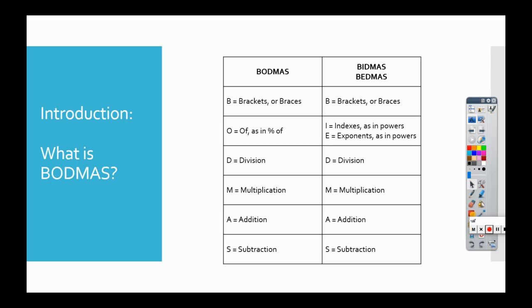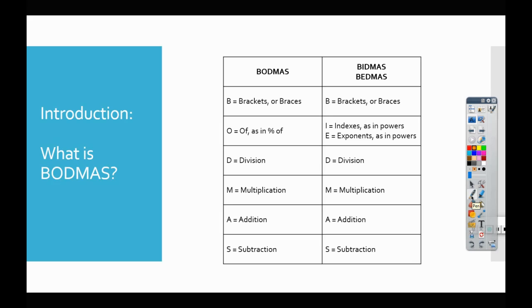To break down the acronyms, the B stands for brackets or braces. In some cases it's referred to as parentheses, which is just another word for brackets. The O in BODMAS is for off, as in percentage offs, so it has to deal with percentages. And the D is for division, the M is for multiplication, the A is for addition, and the S is